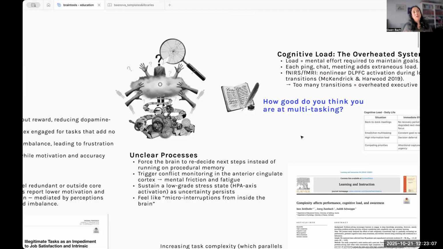In popular culture, we have a lot of, okay, women are able to multitask better than men, which we know is not exactly the case. And we don't really multitask, but we task switch. We switch between two tasks because we can't do the two things at the same time. And so maybe just take a second to question, how good do you think you are at doing this? Okay, so